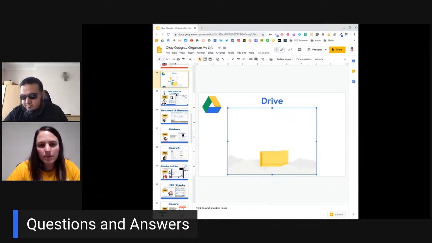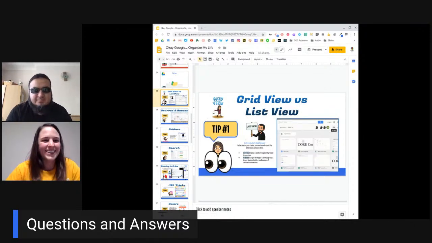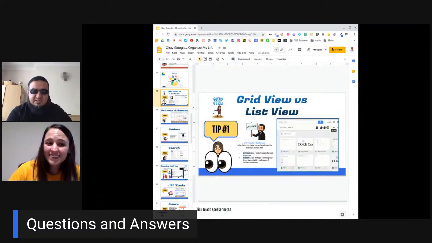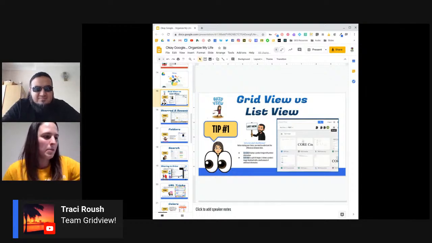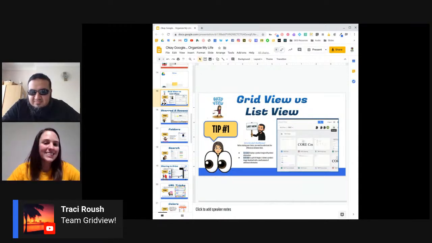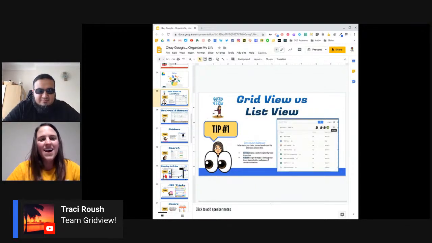So the first tip that we have is grid view or list view. So in the chat, I want you to say that you are team grid view. If you put list view, it's wrong. That is not the correct answer. So as we learned earlier on in the session, team list view is the right way to be. Team grid view is the wrong way to be. I don't think so. So it's team grid view. I'm writing it right now in the chat. There's so many people going off with grid view right now. But there is list view. So I am going to show it just so Abid can calm down. And actually, I'm going to delete this emoji because, yeah, list view sucks.